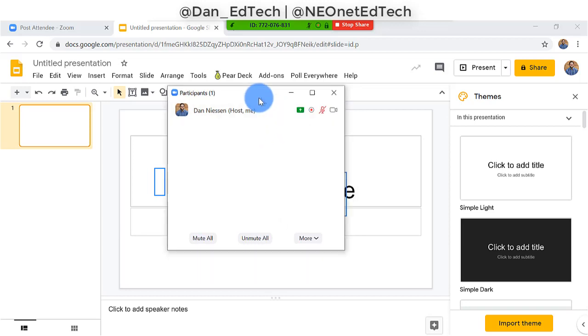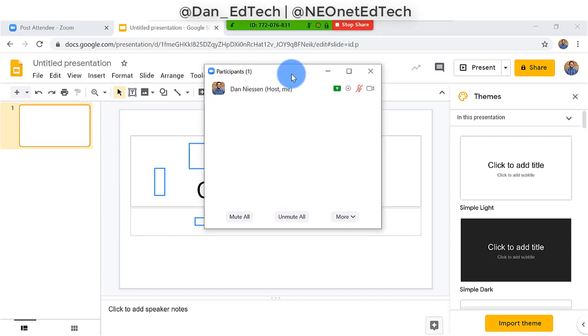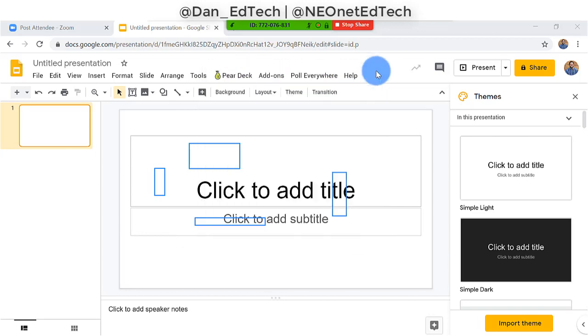But what students will have is the ability to come in, and they'll be able to be put into separate rooms where they essentially work as different groups. What students will also have is the ability to raise their hands. And now that actually brings us to a good point here to show how students are going to get